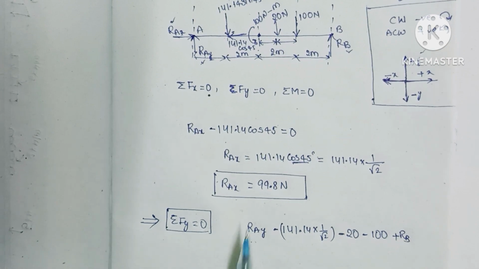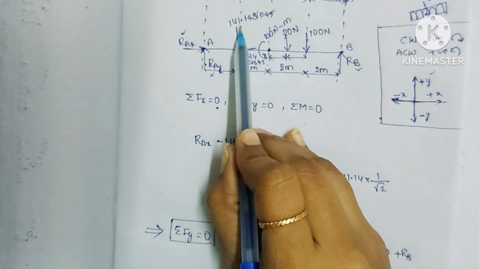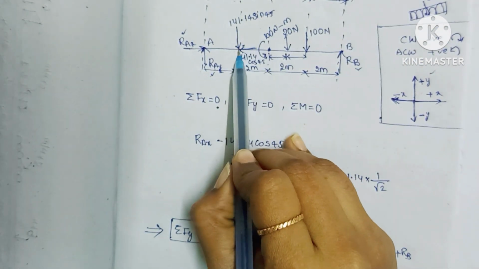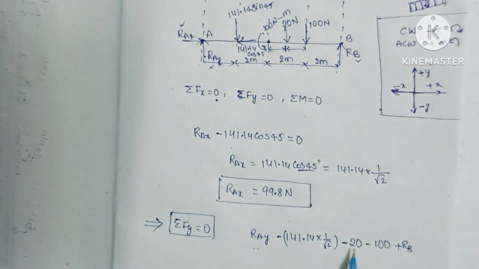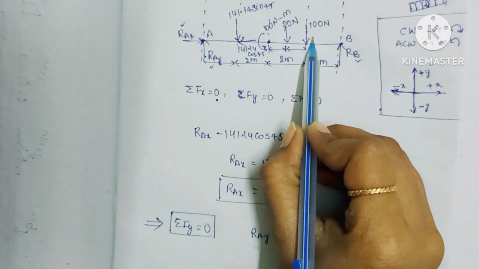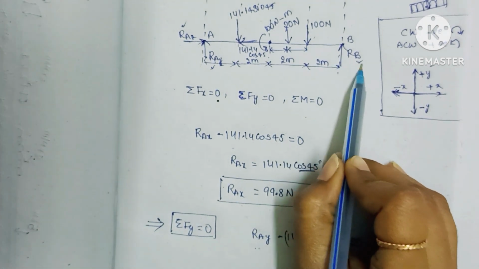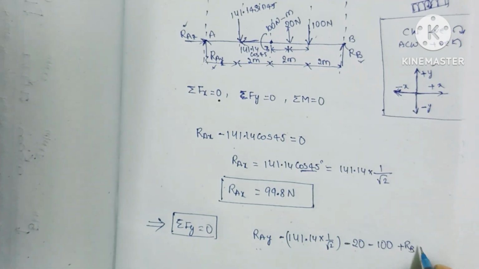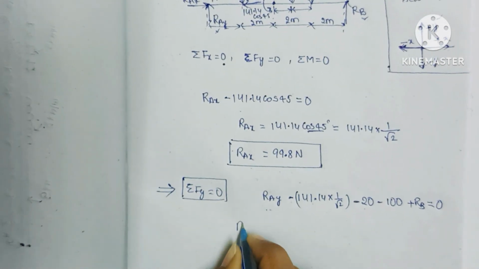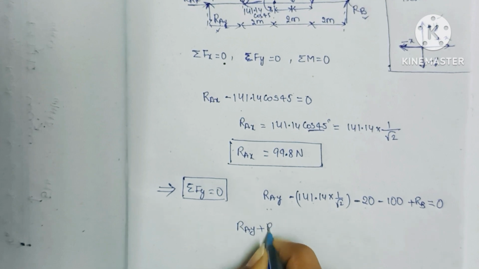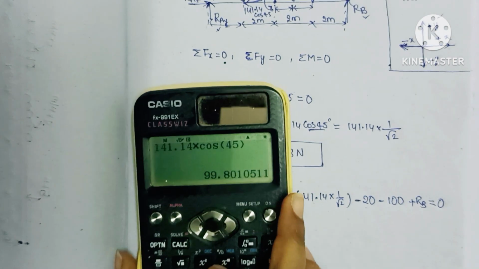First one is RAY, which is acting upward, so positive. Next is 141.14 sin 45, acting downwards, so we take minus. Next is 20 newtons, also acting downwards, so minus 20, and 100 newtons, also acting downwards, so minus 100, and RB, which is acting upward, so plus RB, equal to 0. So from here we can write RAY plus RB equal to, taking everything to the right-hand side and adding now,